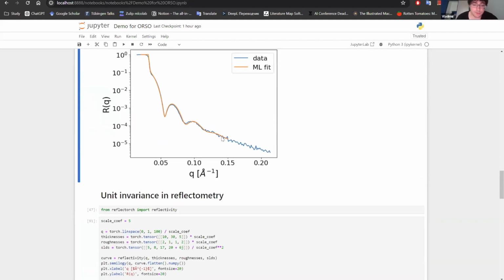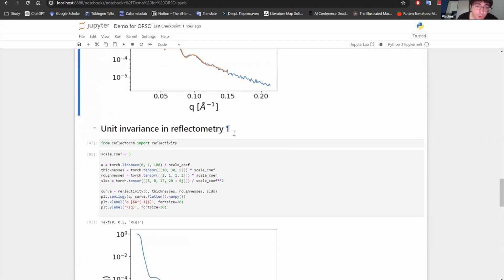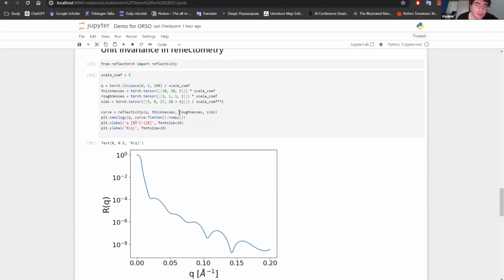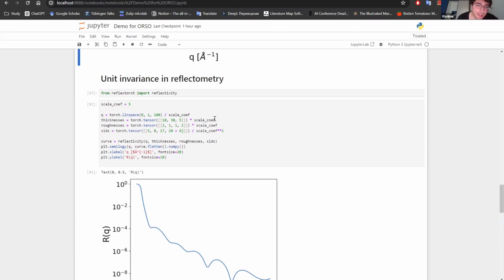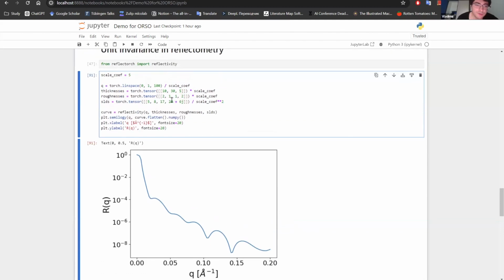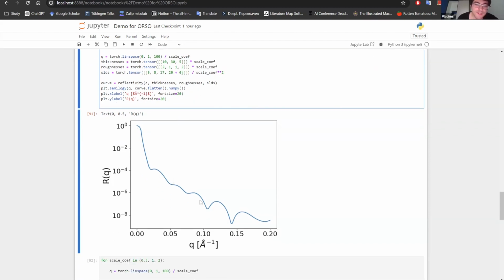Now, this is all good, but one thing I'd like to draw attention to is something which conventional analysis is not really interested in, but it's very important in machine learning. This is something we call unit invariance in reflectometry. The idea is that the parameters that come in as an input to your reflectometry simulator, Q values, thicknesses, roughnesses, SLDs, you can rescale them to achieve the same curve, but for different Q values.